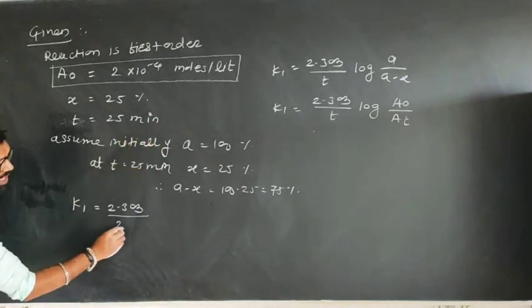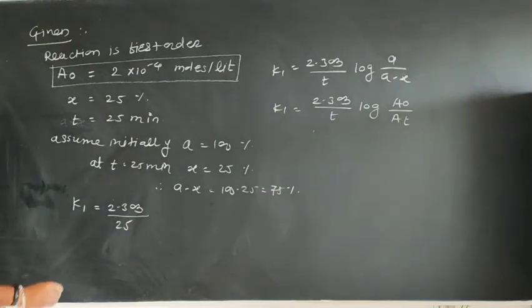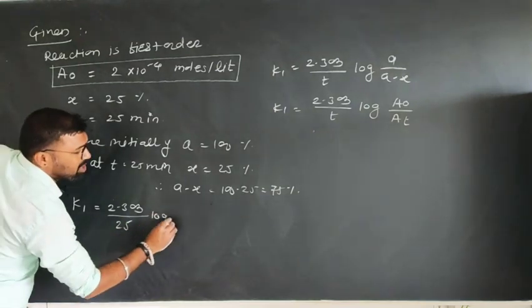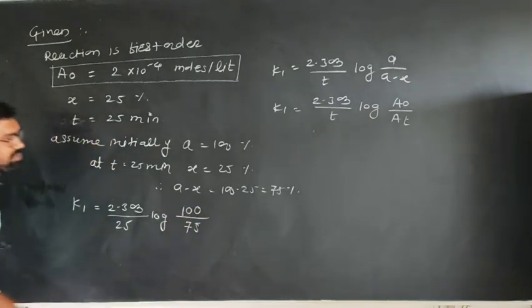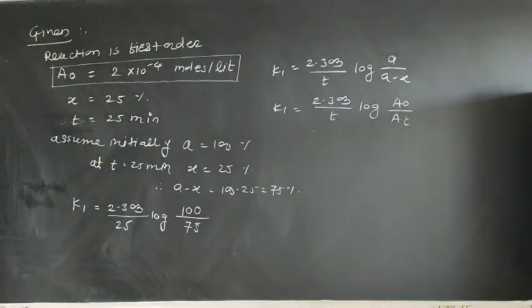What is t? 25 minutes, into logarithm to the base 10 of A, 100, upon A minus x, 75. A minus x is equal to 75. By solving this, use a scientific calculator, log of 100 upon 75